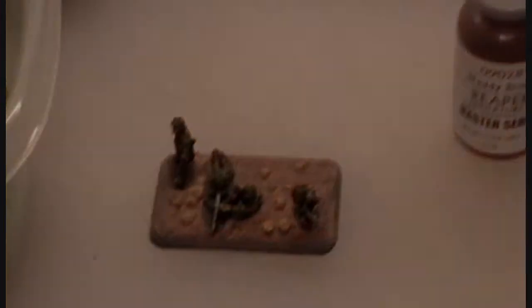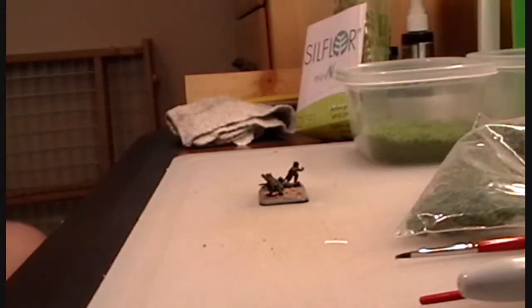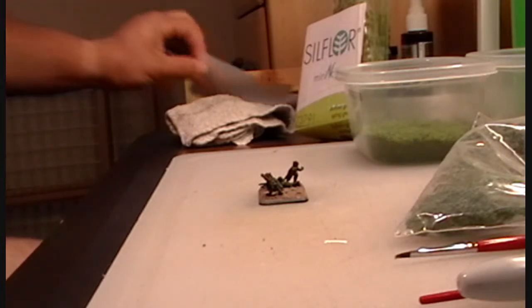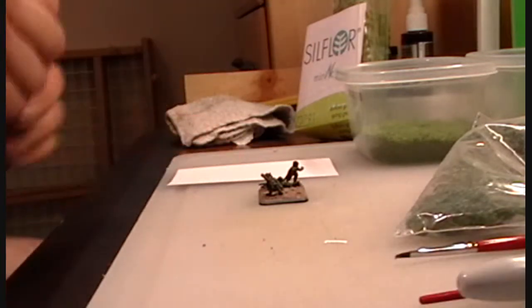So let's get started. Well, we'll try this without a tripod. I wasn't able to get one in time, so this is the first real official video. So let's see what we can do here. As you can see, we've got the miniatures spaced out here. What I'm going to be doing is